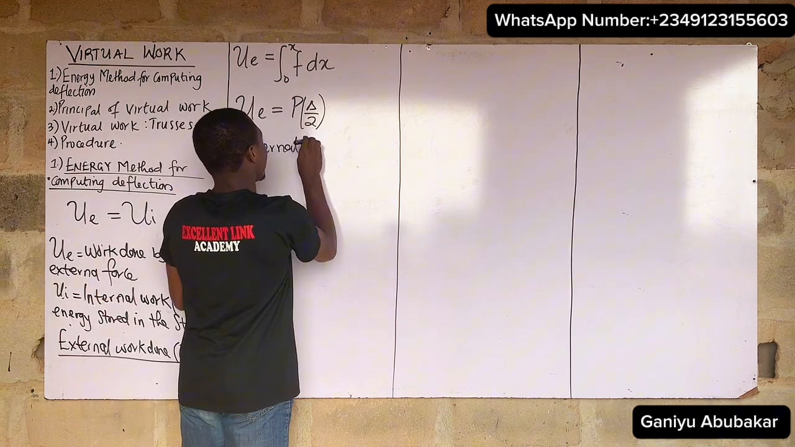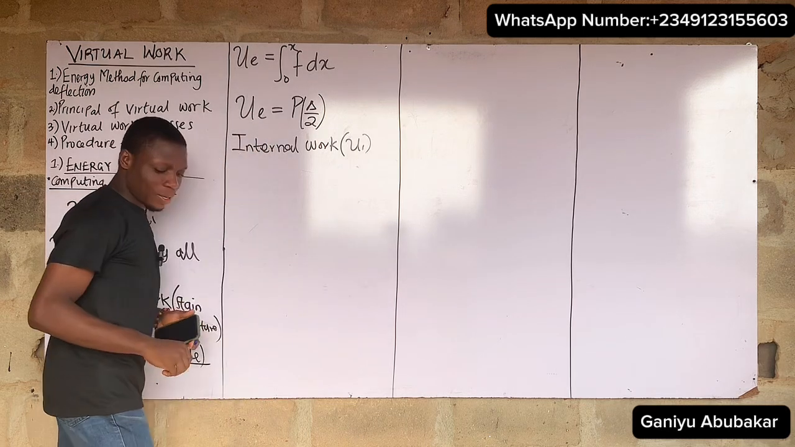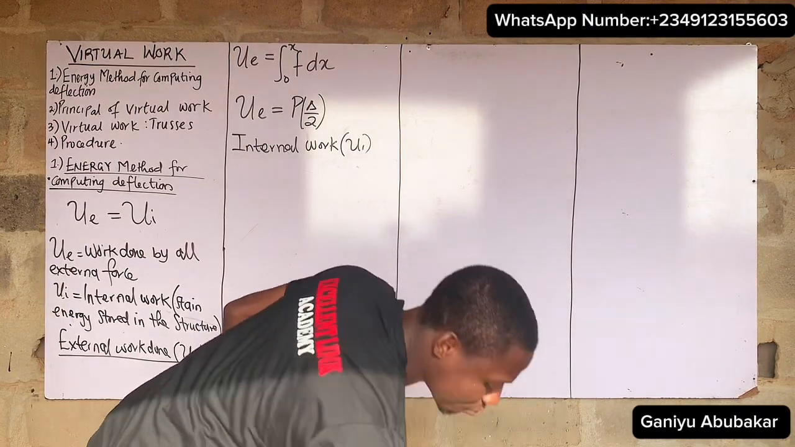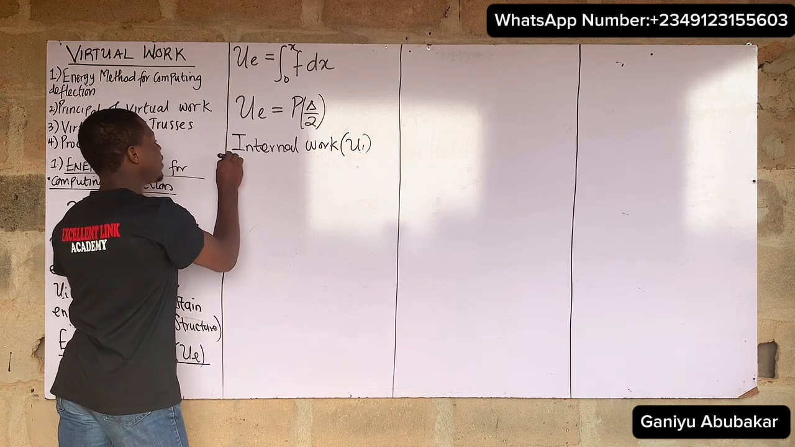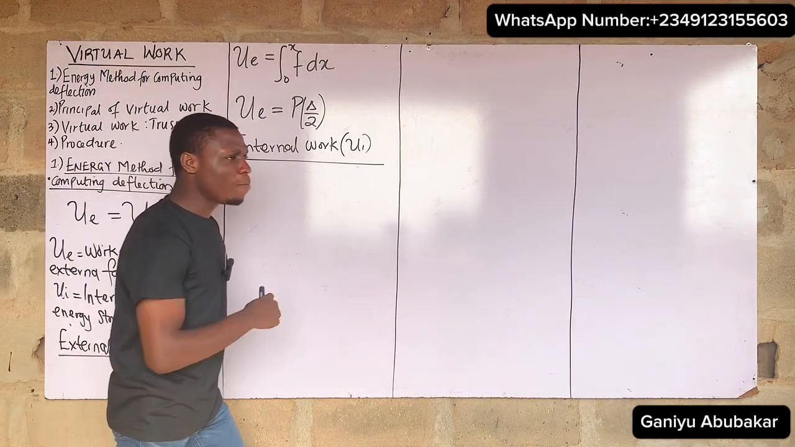Internal work. For this one here, that's UI. So listen up, please. We said this UI. Let's write the formula, please. Basically, the formula should be